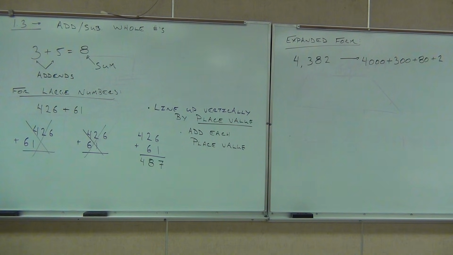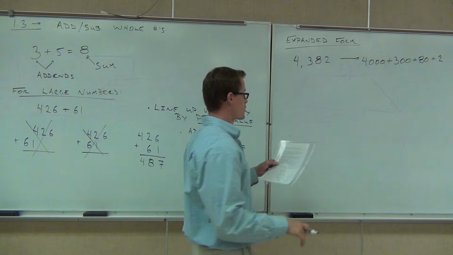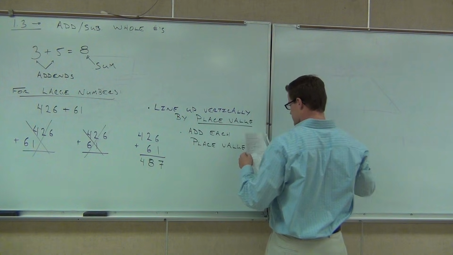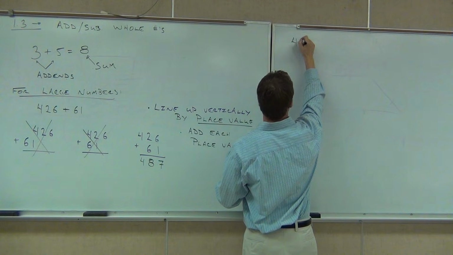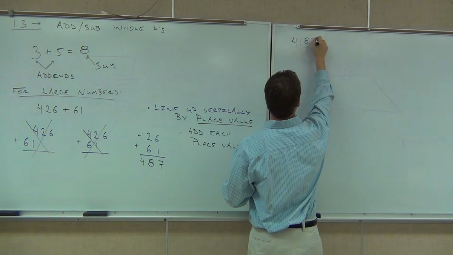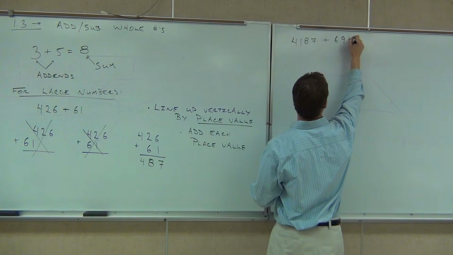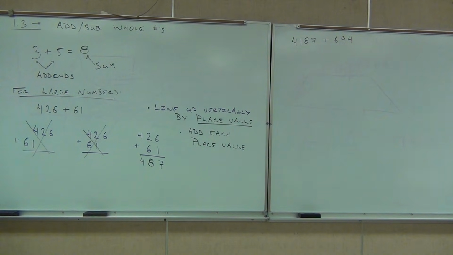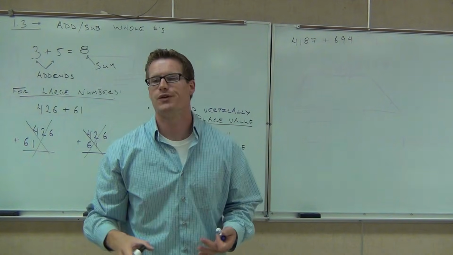Let's go ahead and do a couple more. I'll do one more with you. I'll give you a couple to do on your own, and then we'll move on to some properties here. So 4,187 plus 694. Of course, the first thing we're going to do is we've got to line these things